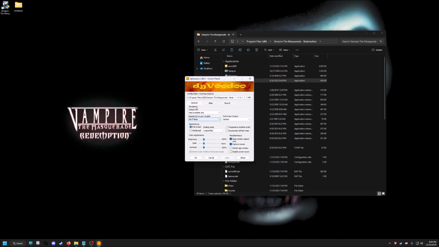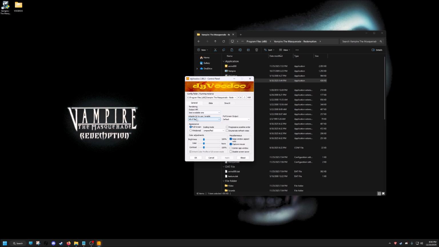These are the defaults. There are a few things you need to change here. If you know what you're doing and you want to change some other things, you absolutely go ahead. It could obviously affect your gameplay, either better or worse, but these are the settings that I do know work